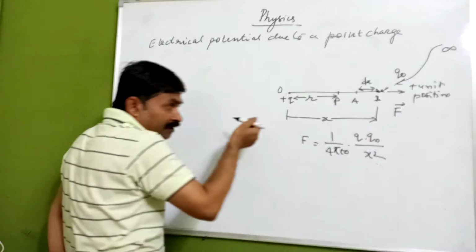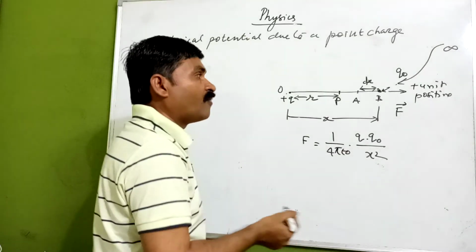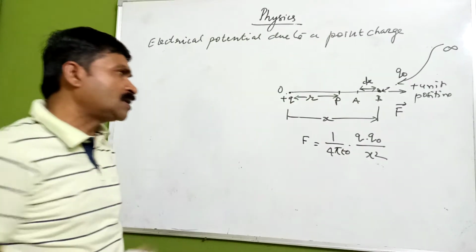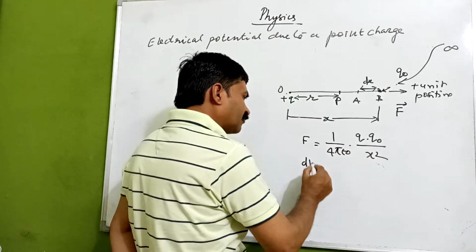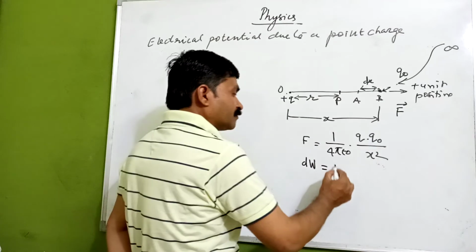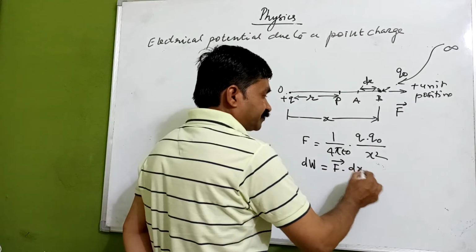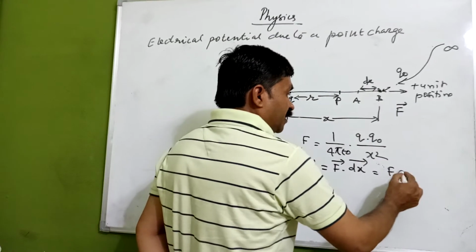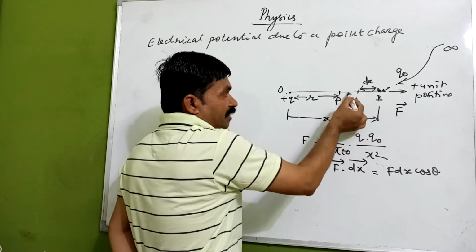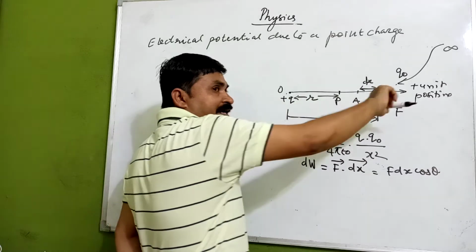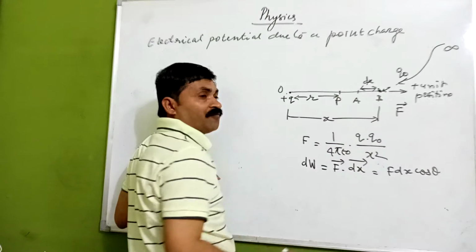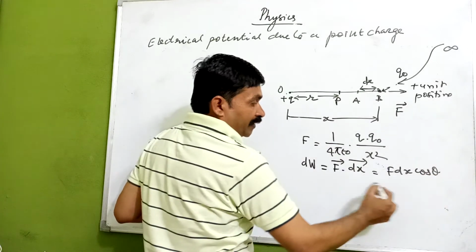Now if we are moving in this direction, we have to do some work, and we have taken a very small distance. हमने एक छोटा small distance लिया हुआ, तो work done भी क्या होगा? That will also be very small. And if we talk in terms of F dot dx, we can have F dx cos theta. Now here we are moving in this direction, force is acting in the opposite direction. We are moving in the direction opposite to the direction of the force. So this theta will be 180 degree.